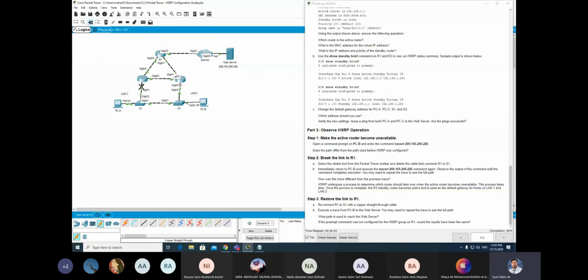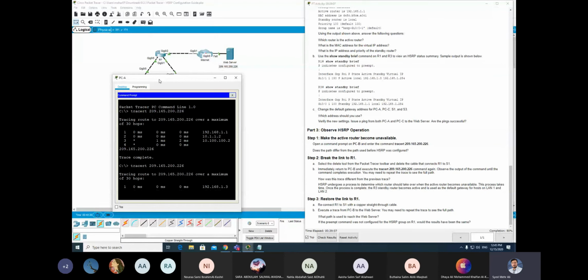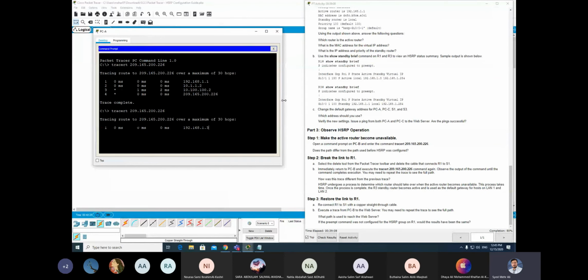Now you will see the link has been deleted. One minute. Here we will go to this one, and now we will see if we are able to ping the web server. The first time it will take a little bit of time because of the trace timeout. Eventually the trace went through router 3, router 2 and the Internet, and router 3 was used as the first hop gateway in this traceroute instead of router 1. You will see request timed out.